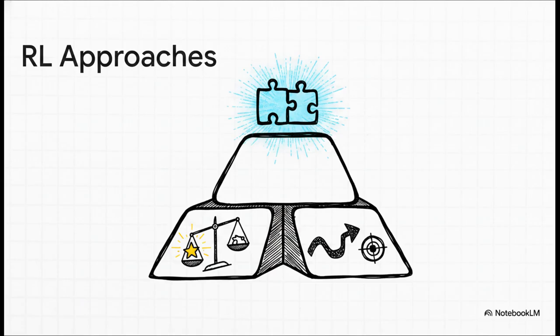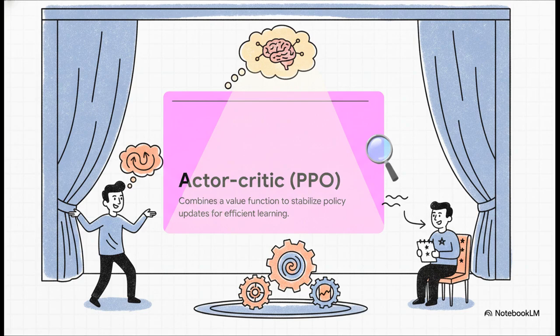Then, building right on top of that, we have policy-based methods, like REINFORCE. These directly optimize the policy to select actions. It's definitely better for continuous spaces, but it can be a bit unstable, suffering from high variance. And that leads us to the ultimate combination, actor-critic methods, specifically PPO, which basically brings the absolute best of both worlds together. Let's clearly define PPO, or proximal policy optimization, because it is literally the backbone of modern AI training.